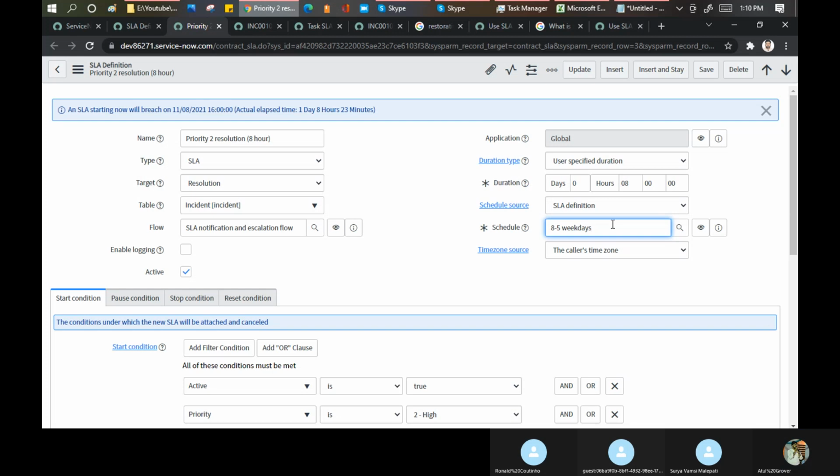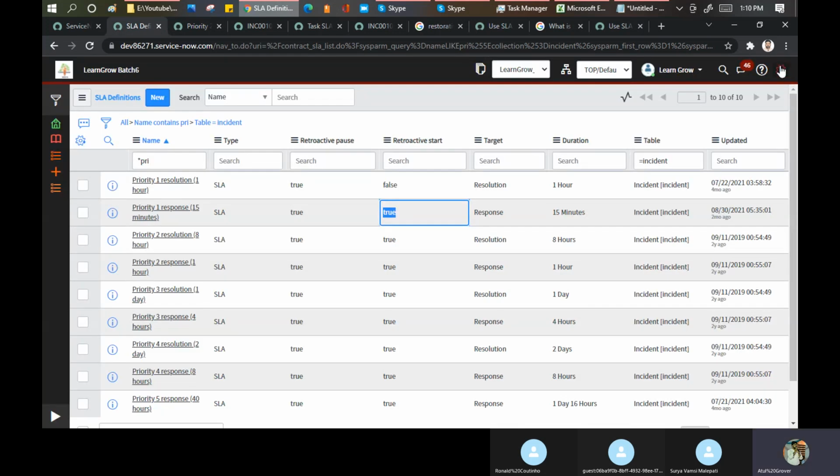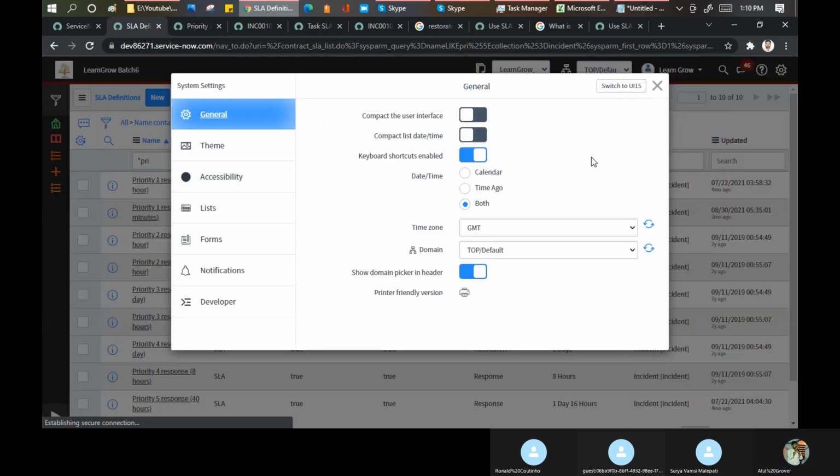Got that. That's clear. Second point is on the DST, daylight saving timings. I think you spoke about it, but there's no concept of daylight saving in ServiceNow. Everything depends on the time zone you selected here. No, but will it auto update? I guess yes, it will auto update. But why should you worry about the auto update or not?